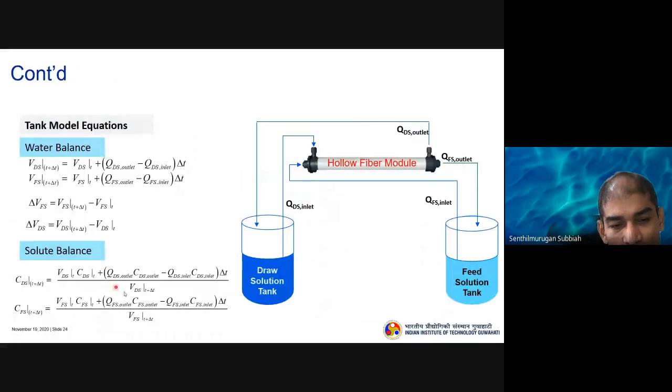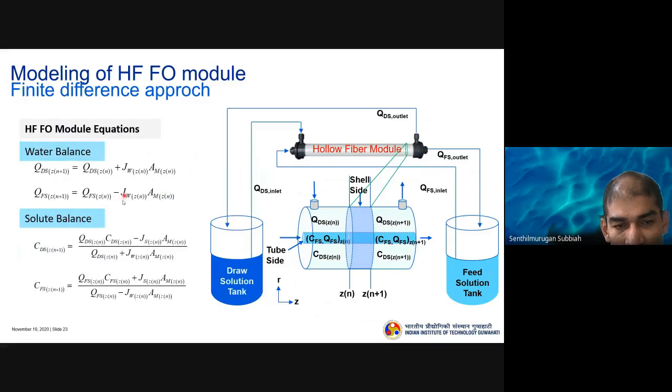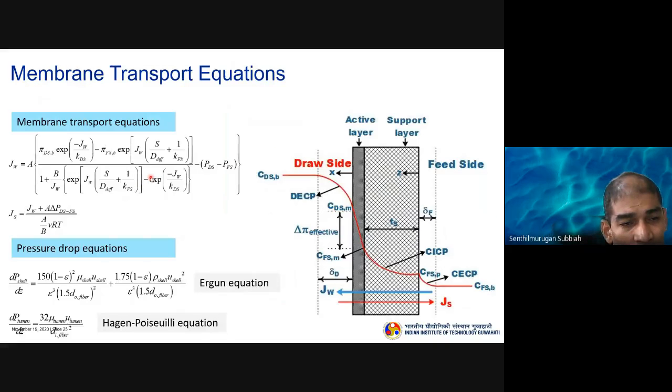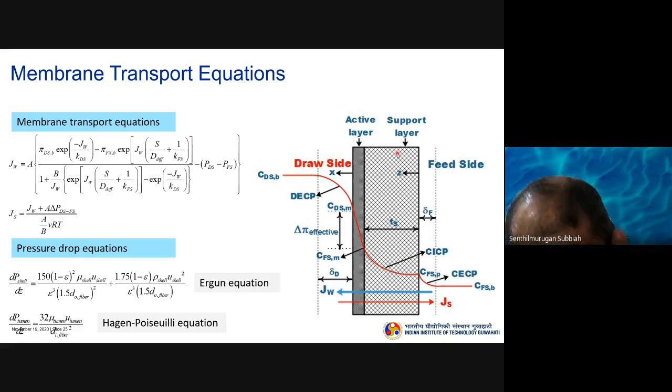And then in this equation, what is unknown? So the JW is unknown. So we need to calculate what JW is. To calculate the JW, we have membrane transport equations. What this membrane transport equation means is that we have a concentration polarization in the support layer and then the mass transport in the active layer. Now, using a concentration polarization model based on the film theory, if we derive it, we will be able to get the water flux through the membrane. I don't want to go into more detail. If somebody requires it, I have kept slides in the annexure